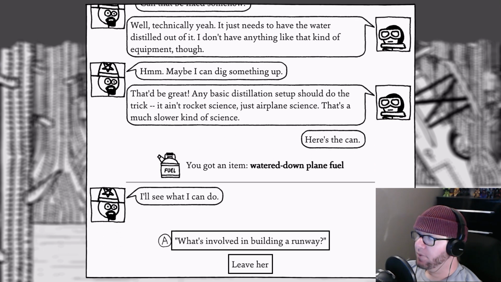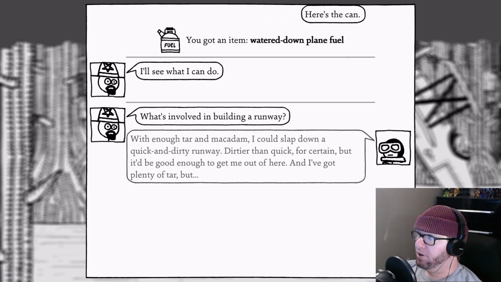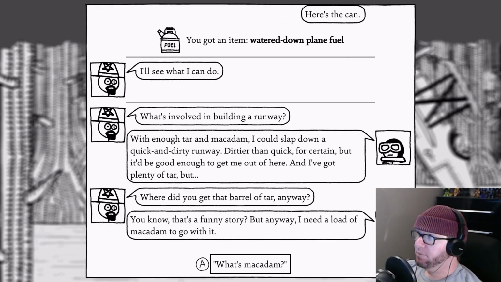Here's the can. What's involved in building a runway? With enough tar and macadam, I could slap down a quick and dirty runway. Dirtier than quick, for certain. But it'd be good enough to get me out of here. And I've got plenty of tar, but...